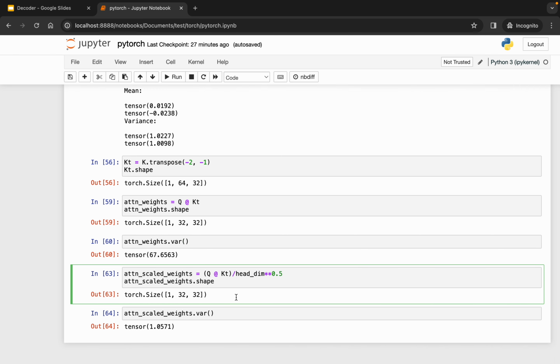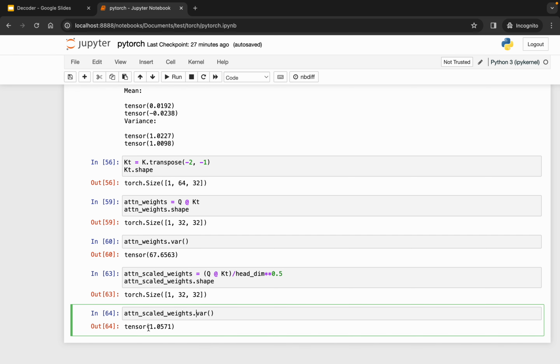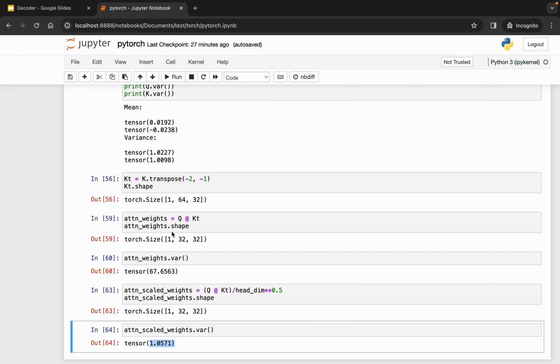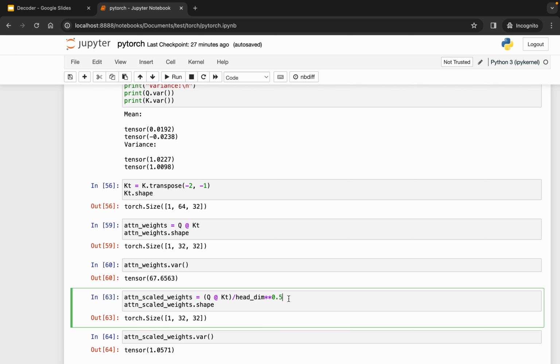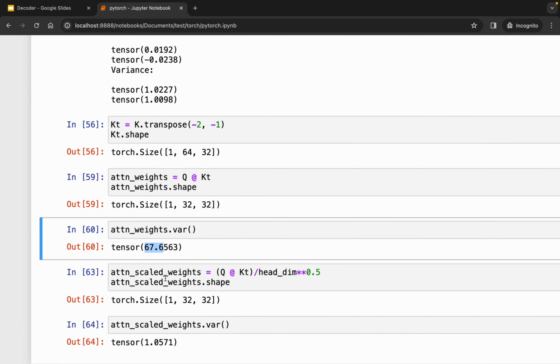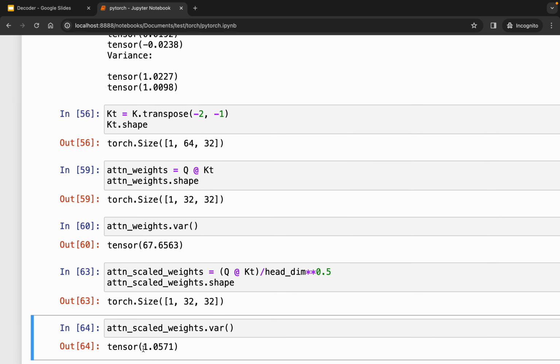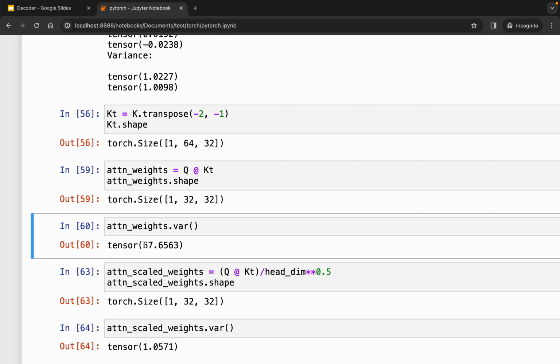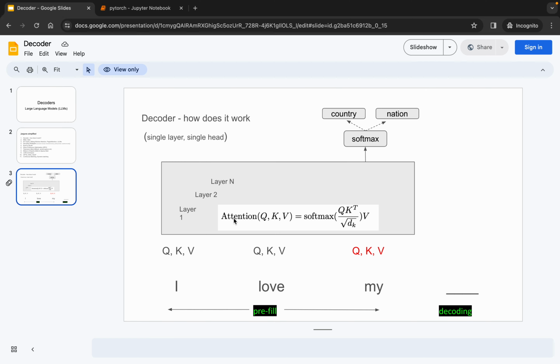And when you divide by square root of d and check the variance, it is almost 1, right? And if we don't divide by square root of d, that is the dimension, then the variance will be too much, right? So let the variance be too much and not 1, but how does it affect things? When you say the variance is high for any distribution, the numbers coming from the distribution will be far away from each other. It could so happen that in the attention, because after this definitely we are going to apply the softmax, that is what we discussed here, right? And when you apply softmax here,